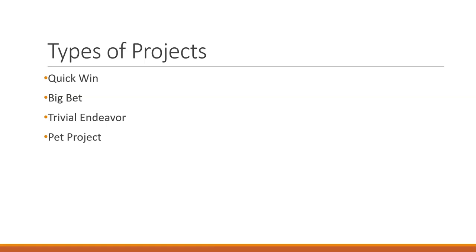And then the last is a pet project. This is an extremely difficult thing because as humans, we are drawn to pet projects. A lot of the times, we're far more interested in pet projects than we are in the 3 other kinds of projects. However, pet projects, this book will tell you, should be avoided because they have the lowest impact, because the only reason that we're in them is for our own personal reasons and not because we believe that there's a high impact for the organization.